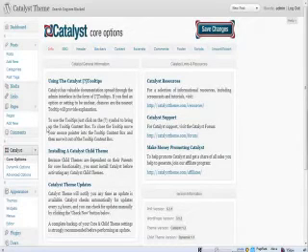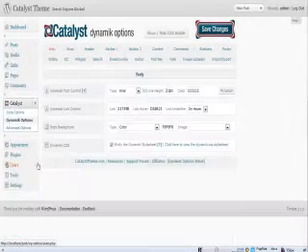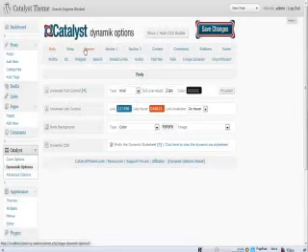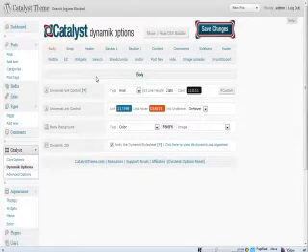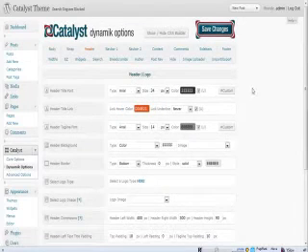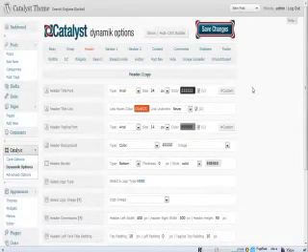So first, let's jump into the dynamic options. As you can see here, we've got a nice, clean, easy-to-use interface. Right now you're looking at maybe 10 options, but this entire page houses over 800 options. The way we made it, though, so you could actually use this without being overwhelmed, is group the different options into different sections based on the part of the site that you're working on. So for example, let's say you wanted to focus in on your header. Well, you click the header tab and just the header options display.